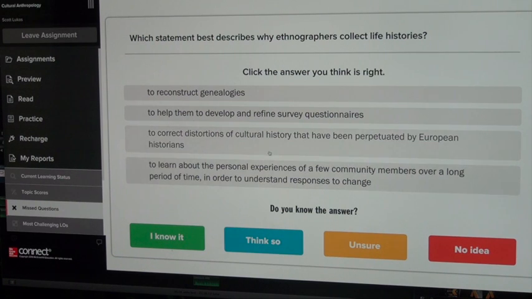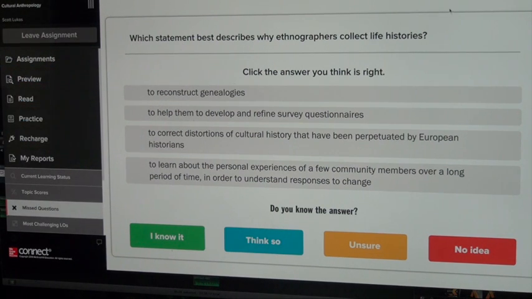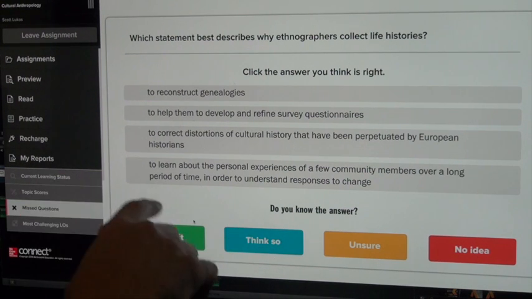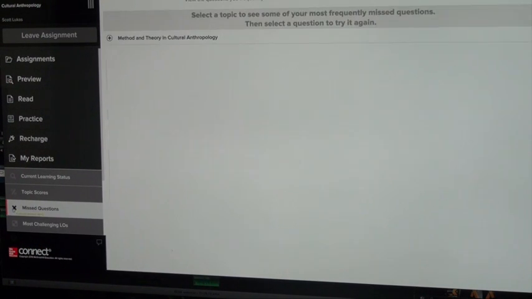So in this case, I could then click on, or actually this one, no, this one's talking about ethnographers and life histories. And I think what happened here is I was doing some previous questions, and so some of the missed questions in the past, prior to doing them with you today, are appearing up here on the list. So if we go back to reports,